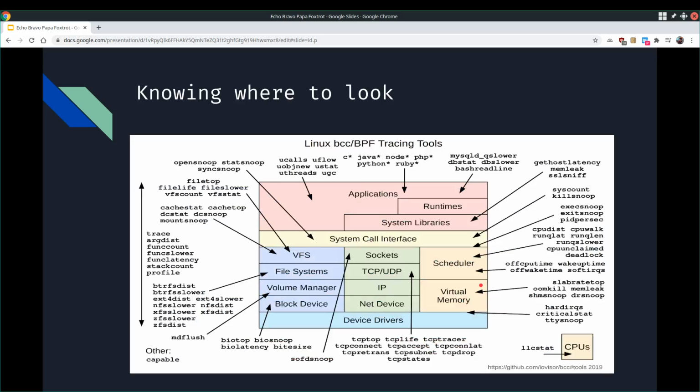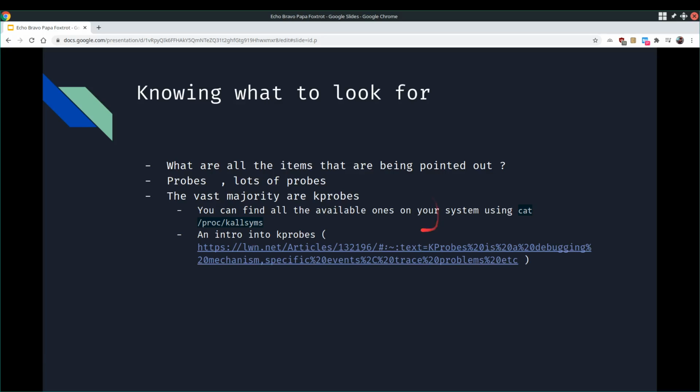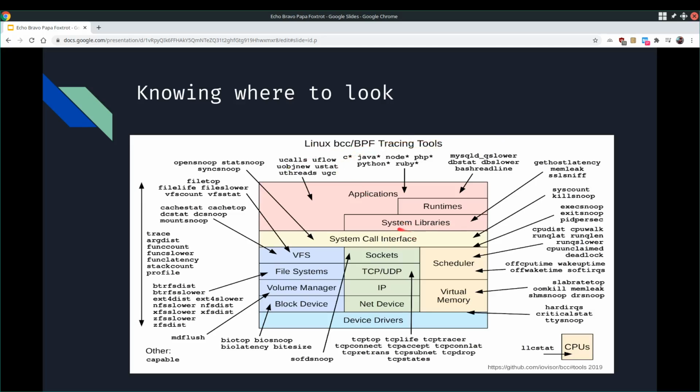So to make life a little bit easier, since BPF has been around for a while now, you don't need to start off from scratch writing your own scripts everywhere. The community as a whole has provided a significant number of scripts that you can use to monitor just about every part of the kernel here. So as an example, if you wanted to look at system libraries, you could use syscount or killsnoop or execsnoop. If you wanted to look at the system call interface, you could use tcplife to inspect the TCP UDP stack. You could use trace or